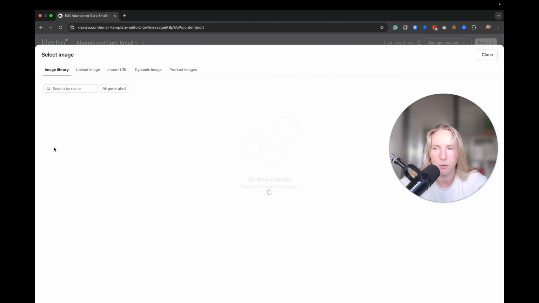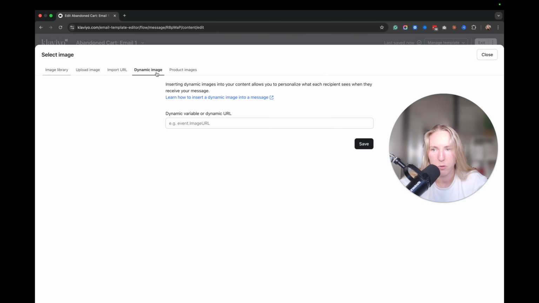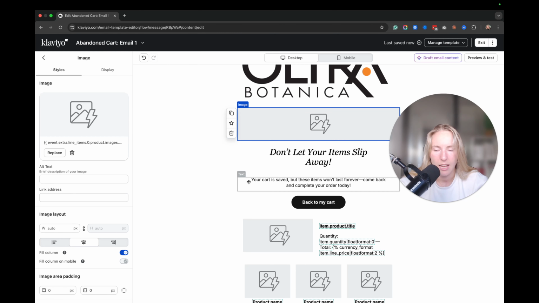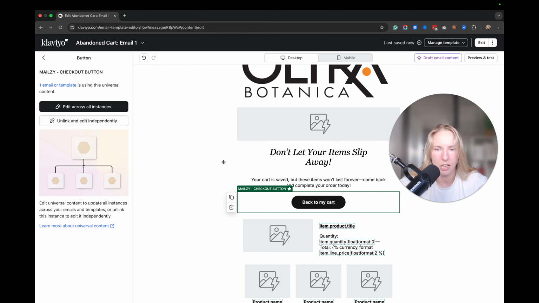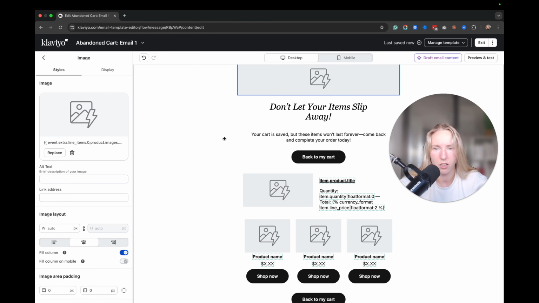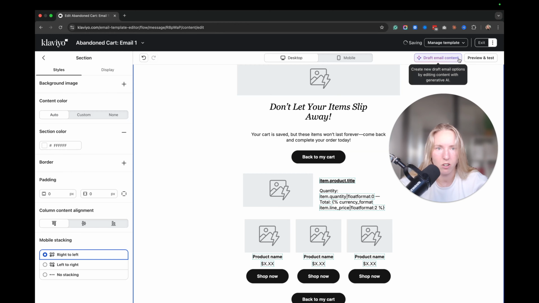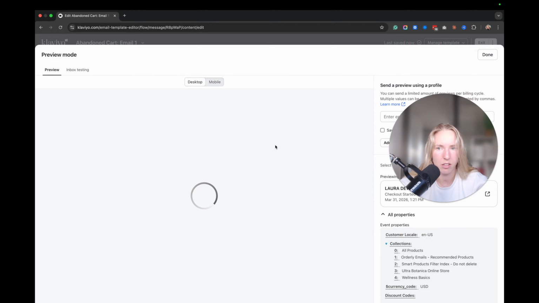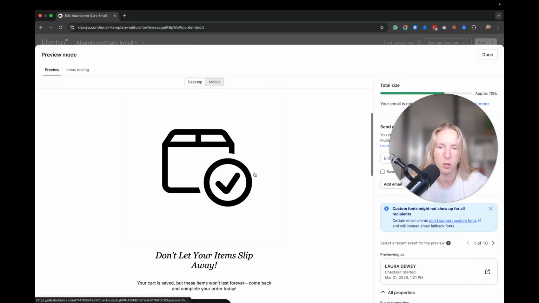And this is getting a little bit more of a complicated territory. We can create a dynamic image. And here you're just going to save it as that. And we just literally got that directly from the location that I showed you. And here, let's just unlink this. And what I'm going to do is I'm going to paste that. All right. And now when we preview and test, you'll see that it populates the actual image of what they